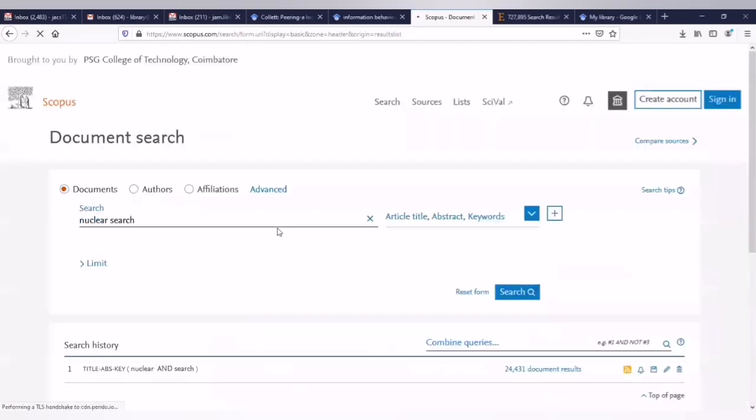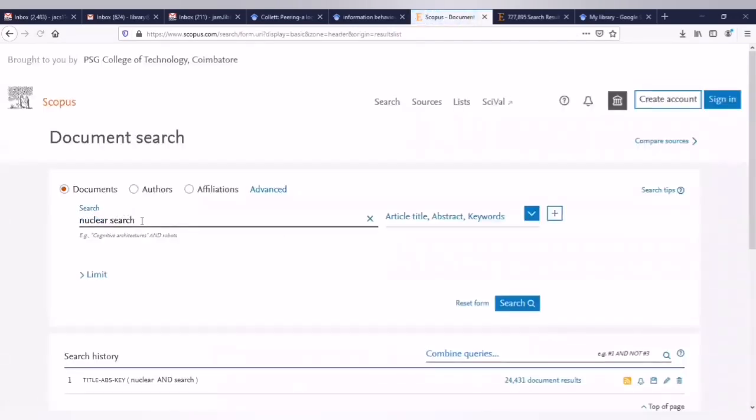I go to Scopus and try a word called nuclear search, like this.